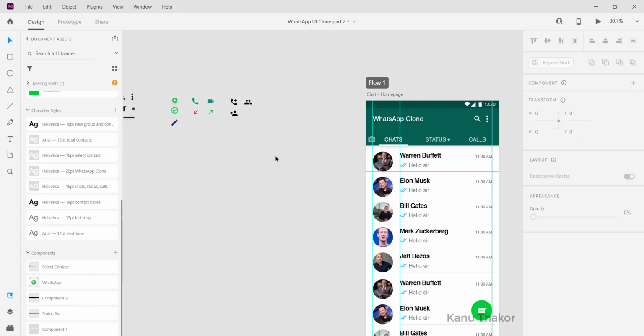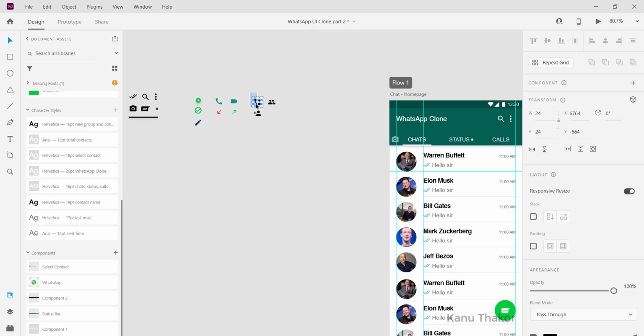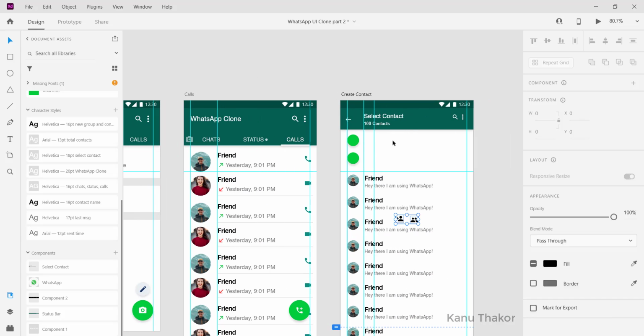So go to this here, these two icons are there, that if we want to create a group then we will use this icon, or if we want to create a new contact then we will use this one here. So I'm going to copy both these icons, and then here I will paste them.